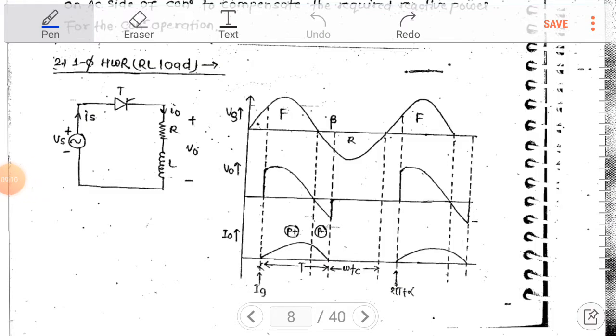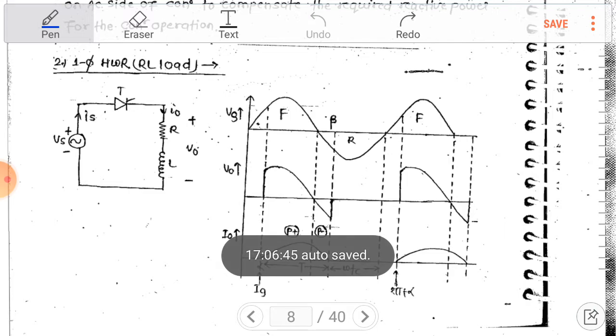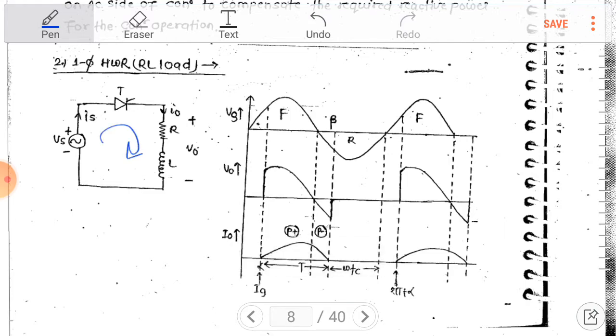Next one is the single phase half wave rectifier with RL load. This is also a one pulse converter, but the drawback here is that a negative spike of voltage appears. What is the negative spike? When the thyristor is forward biased and current is flowing like this, the inductor is charging its energy and the resistor is absorbing the power. So from alpha to pi, the output voltage follows the source voltage, and the output current is rising.